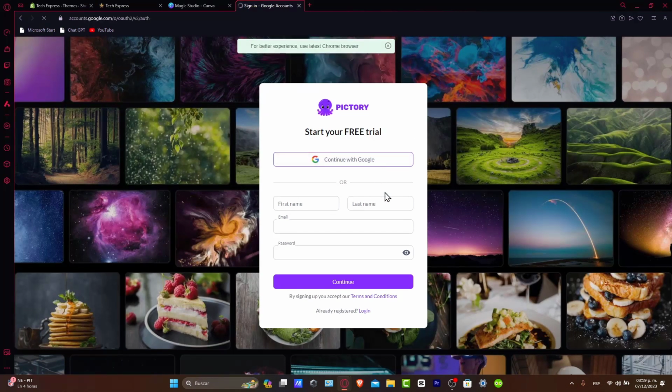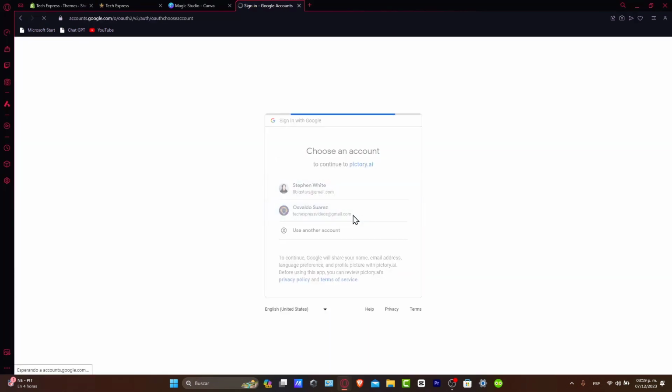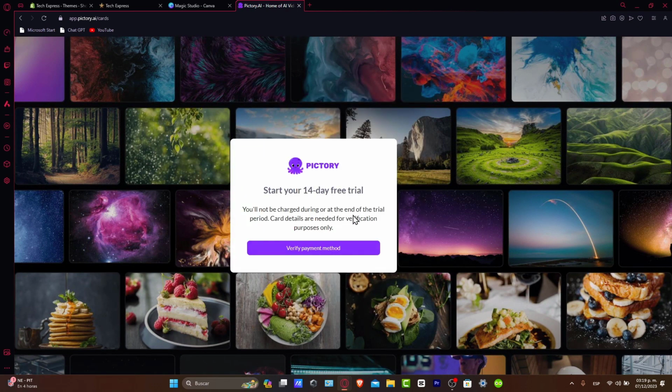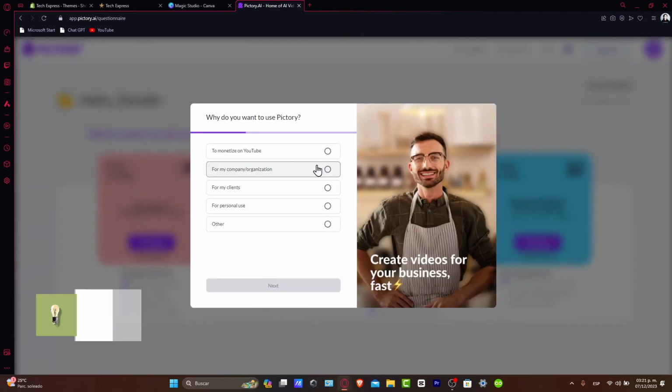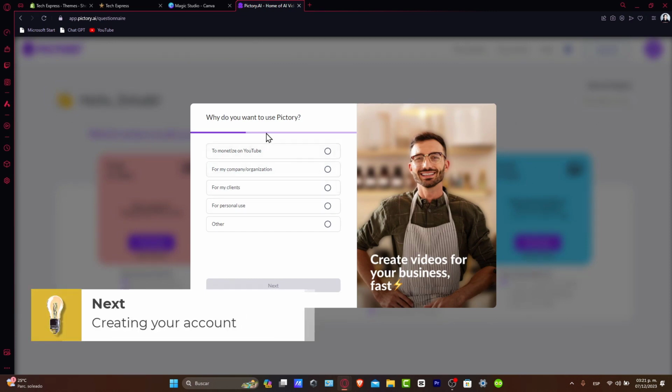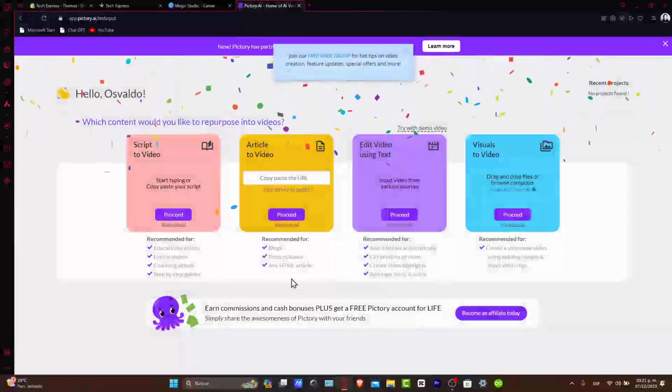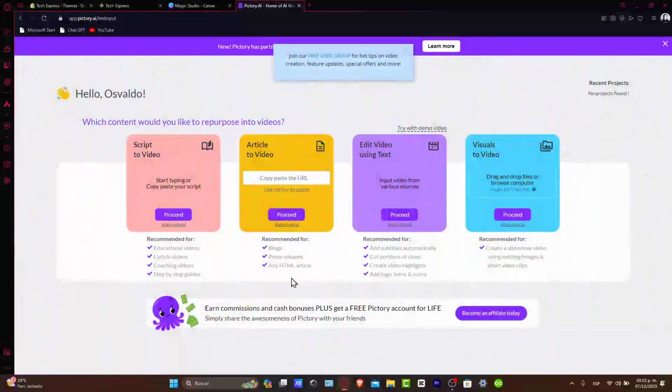Once you get started with the sign-in version, it's going to show you something like this. Usually what we do, once again, is choose a Gmail account, since all the basic information is going to be added automatically, and we can focus on the basics, which is creating our very first project. So after you get started with the free trial version, let's say for example that I want to monetize YouTube and start using Pictory. So let's start with a new project by choosing the type of video